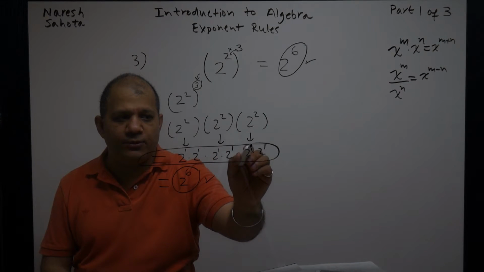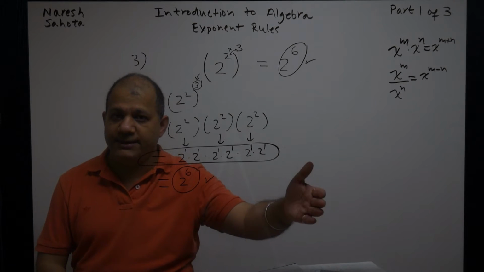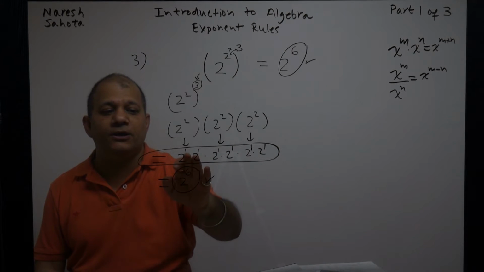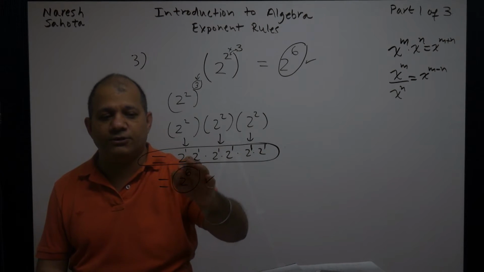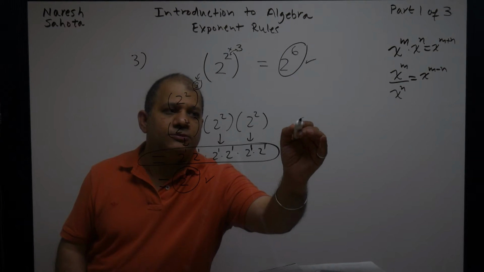So even at this step, we could have applied rule number 1, that when you multiply with same bases, you add their exponents, right? So that's exactly what we were doing. So 1 plus 1 plus 1 plus 6 times, so the exponent is 6. Okay. So now in general,